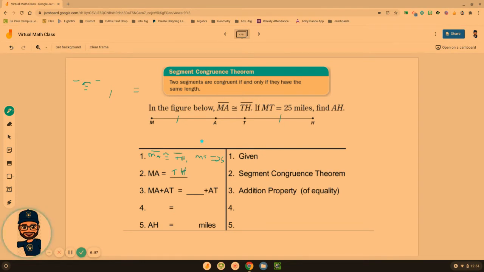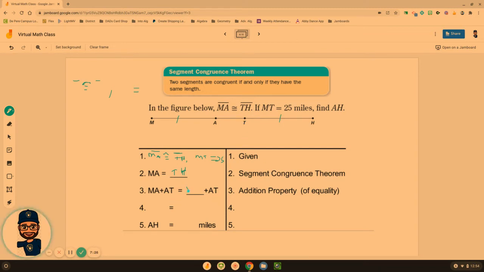It's that same theorem right up here, the congruent statement theorem. It allows me to go back and forth between segments being congruent or equal. Now, if we look up here, I know that MA plus AT equals, right, MA plus TA, I'm sorry, AT